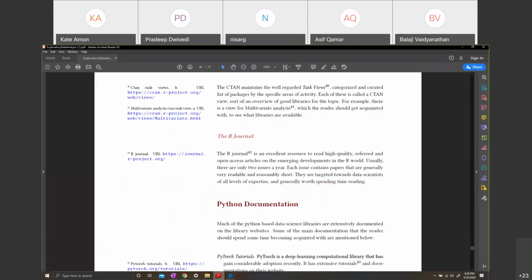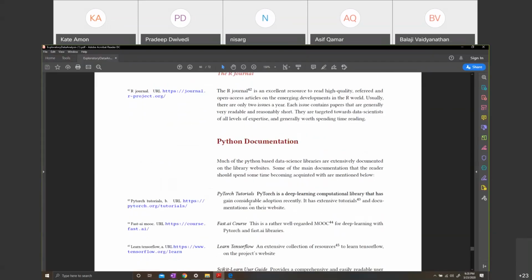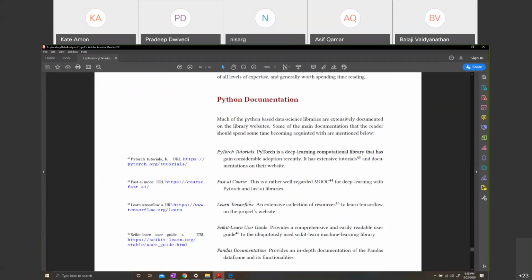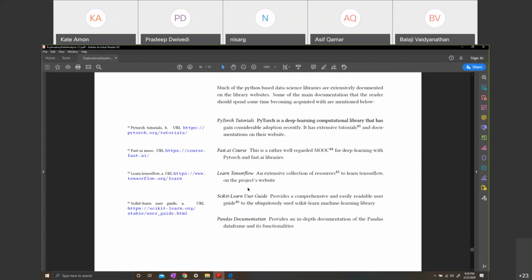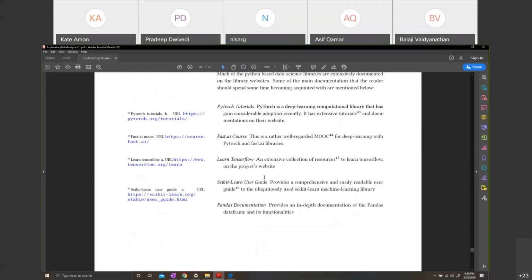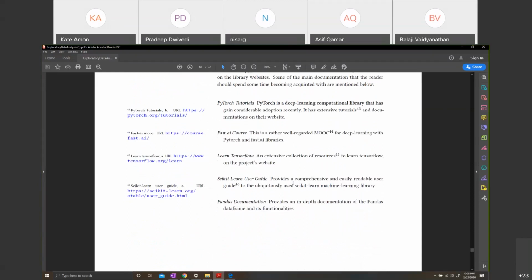Likewise, in the Python world, data science in Python is a younger enterprise. Almost all the documentation is just online. So the big libraries, PyTorch, you go to this. Fast AI, they have a course. At some point, I highly recommend you do that, but not now. Or if you want to get started, why not? How would I learn TensorFlow? So I put it in this document. All you have to do is click it.